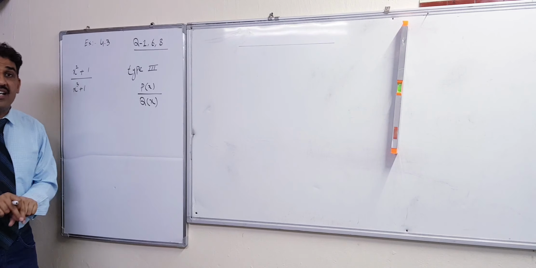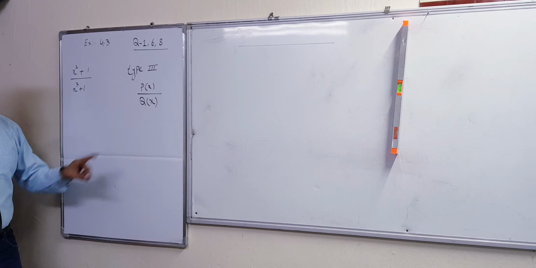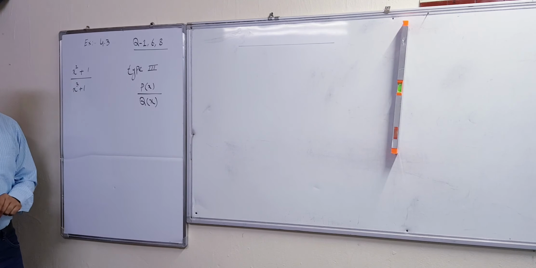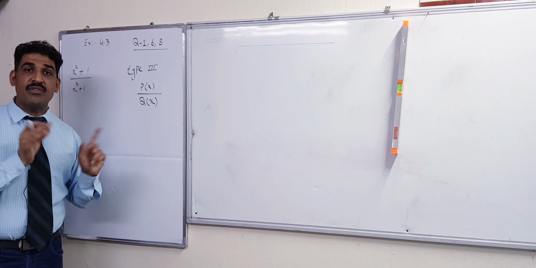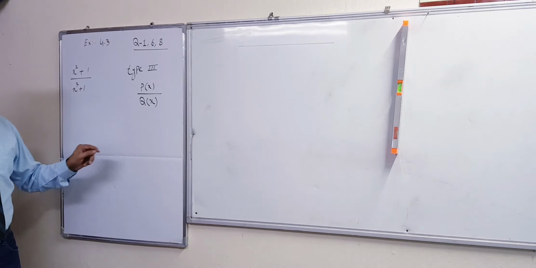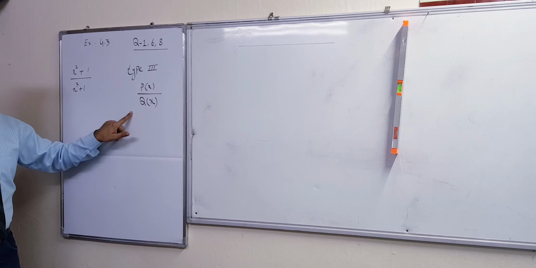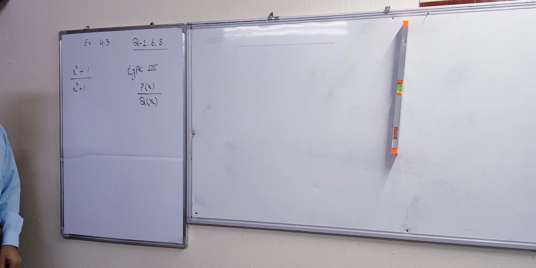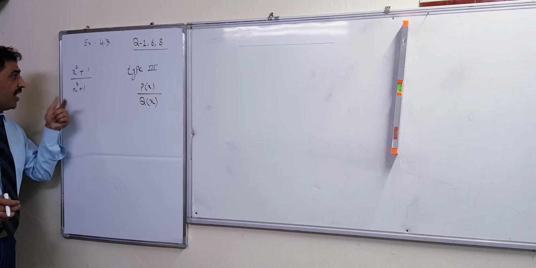Irreducible quadratic means that it is quadratic, its maximum power is 2, and it is non-repeated. Non-repeated means there is no whole square power. Okay. Q of x has non-repeated irreducible quadratic factors. It's not possible to make factors of the quadratic, but this is a cubic equation, so we have to make the factors.